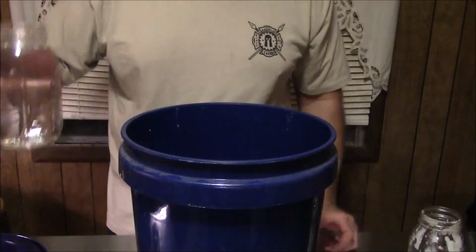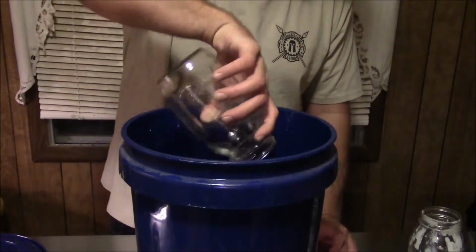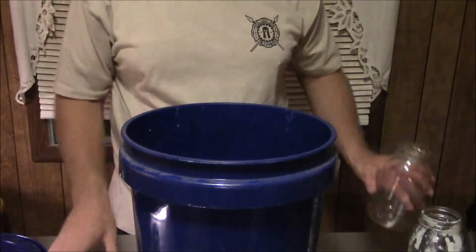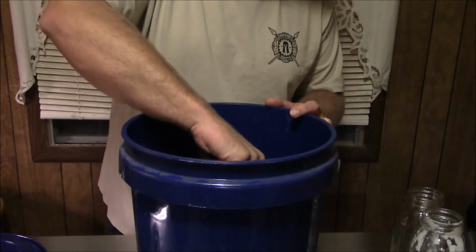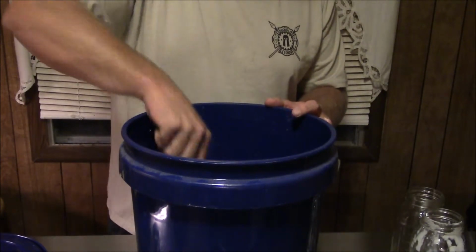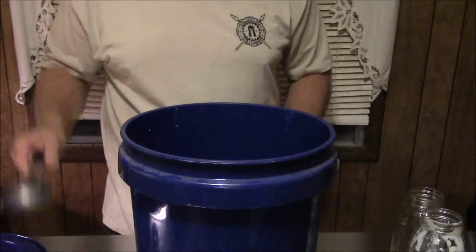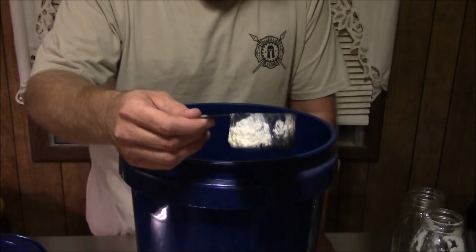So I went ahead and filled up another quart jar with water. We're going to pour that in. I mean, it's just that simple. Then just take your stir stick or whatever you're going to use to stir it up with. Just give it a quick stir just so that it's all good to go. And that is it. And then as soon as you're ready to do wash, I've got my half cup